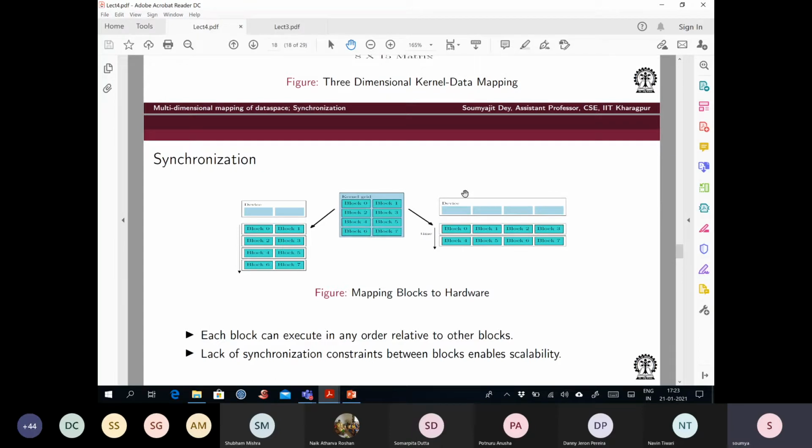Those 32 threads inside a warp will execute in lockstep. That means every program statement they will execute together. But otherwise, even inside a block, the warps are independent. Any warp can run at any time. Of course, there are some scheduling algorithms, but right now let's not assume any of them. So overall, we can say that this is a kernel grid. You have the blocks, and those blocks are good to go.